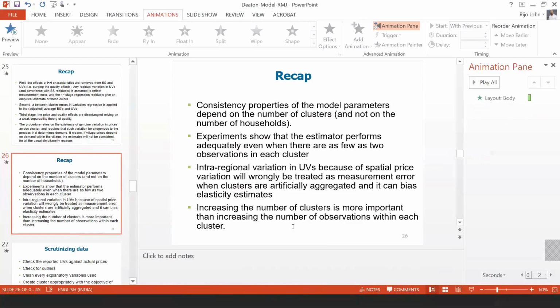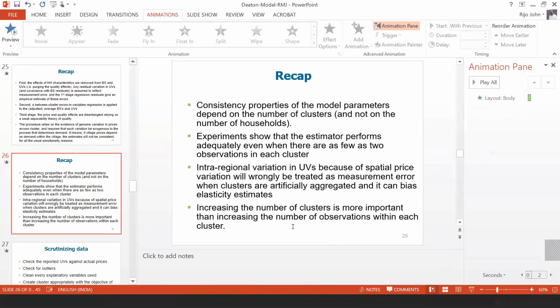What is also important is to have a reasonably good number of households within each cluster, because we are aggregating them, right? Of course, we know that if you aggregate only two households, that can lead to quite a bit of extreme values, right? The mean is always affected by extremes, right? So it is good to have more households so that a lot of problems will be averaged out while aggregating to the cluster level variable. But it is more important to have more clusters for the consistency properties of the parameters that are